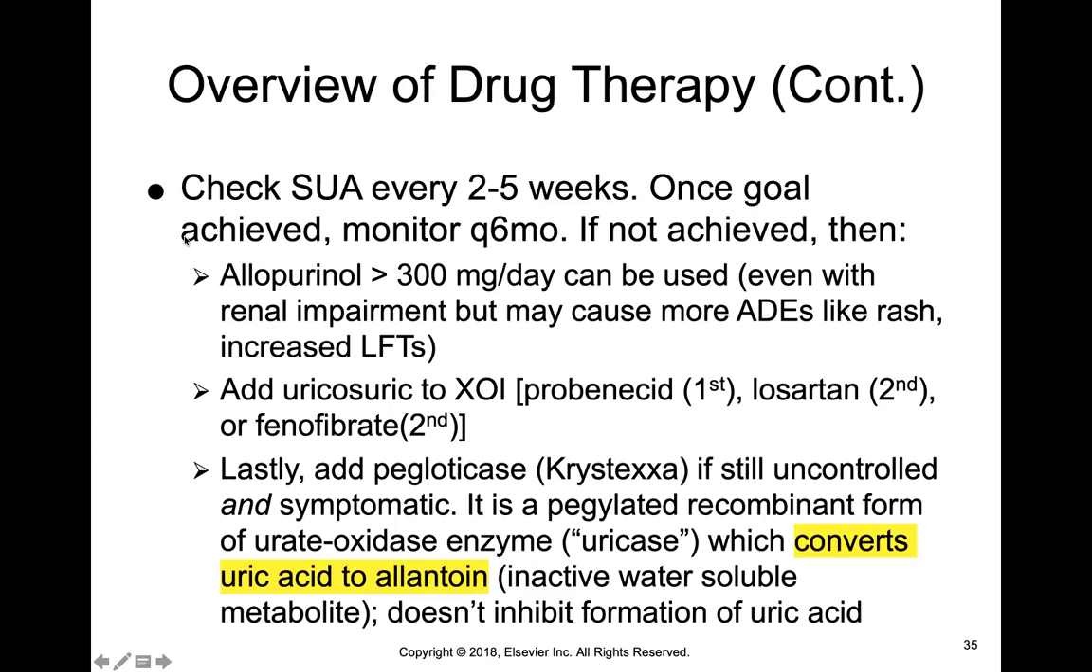Once we start therapy, we'll check the SUA every 2 to 5 weeks. And again, if you remember, we don't want to take it too close, or at least before 2 weeks because of a false lowering. Once you've achieved your goal, you'll monitor every 6 months. If not achieved, you can increase allopurinol. Although, like with any drug, an increase in dosage doesn't usually mean an increase in benefit. It just means